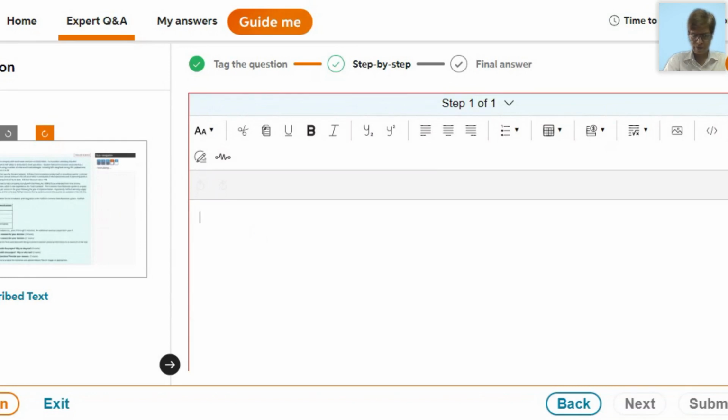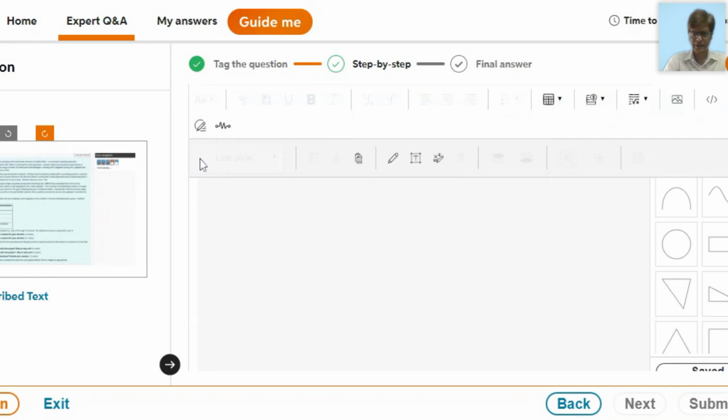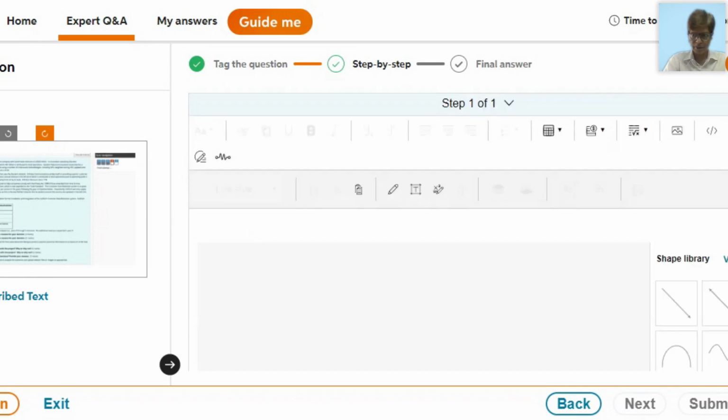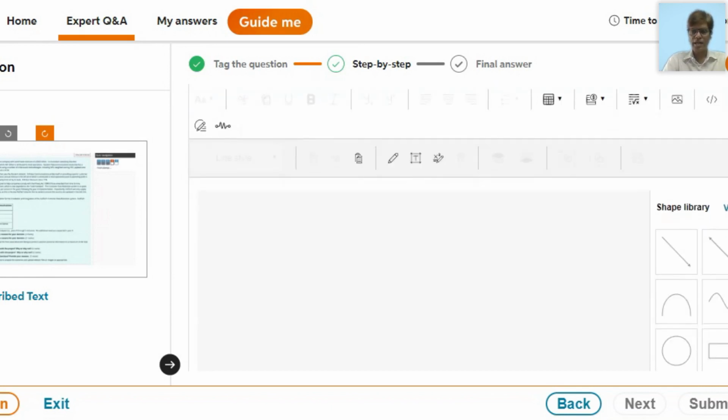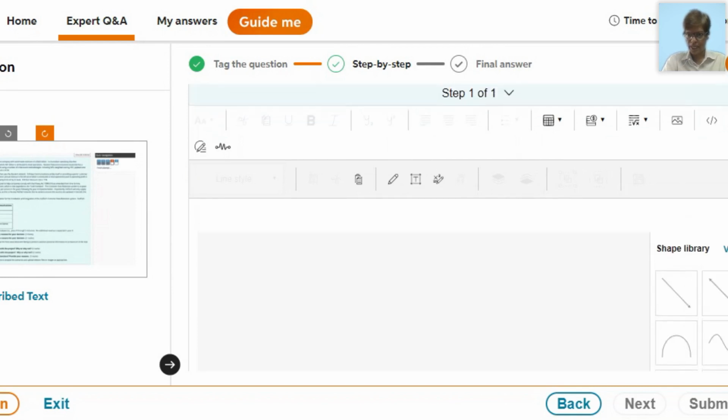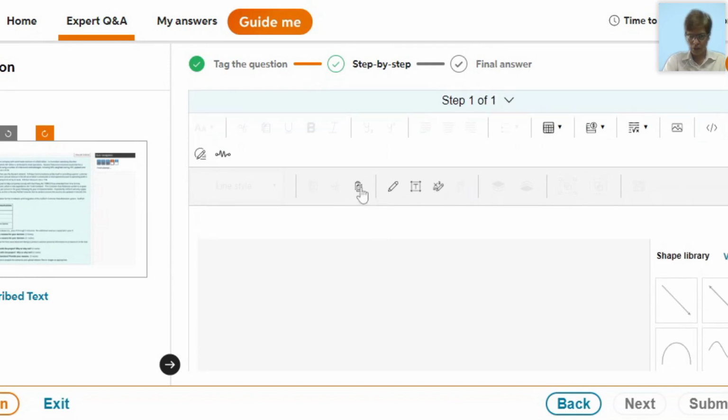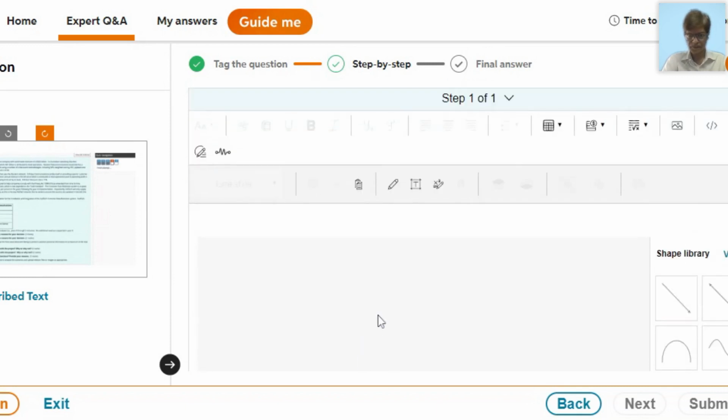The mouse over effect will say insert an illustration. So just click on that. And you will see that a block has been inserted. Now, the right-hand side, you will see some predefined shapes in the template form. And on the top, you will see there is the various tools on the toolbar. On the left, there is the editing canvas here.